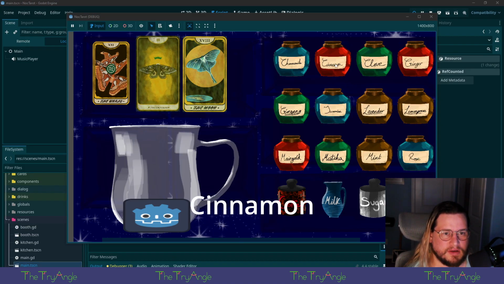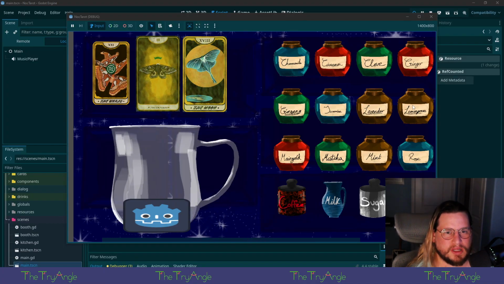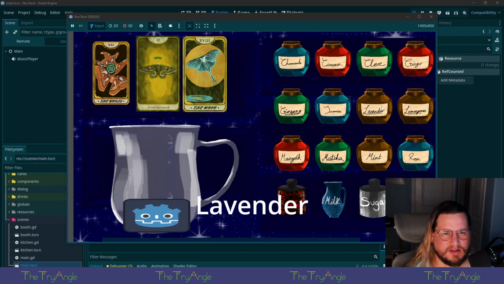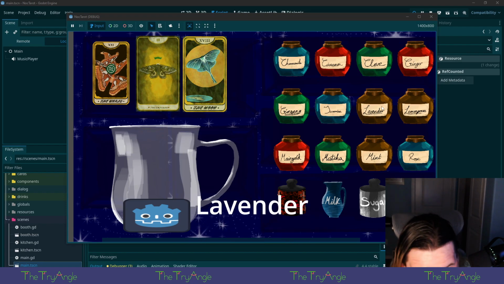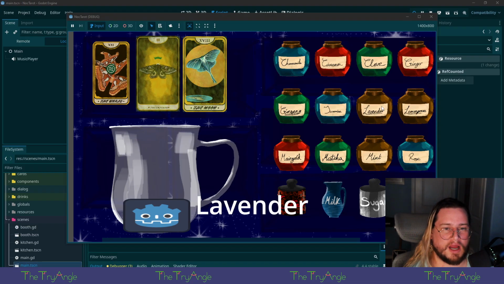Let me think here. I'm colorblind. I actually can't differentiate between these two bottle colors. But I'm pretty sure lavender and lemongrass aren't they different colors? I think they are. I actually can't tell.